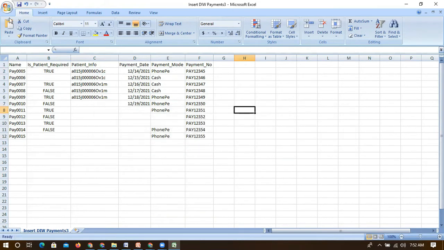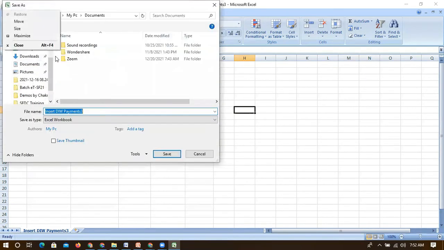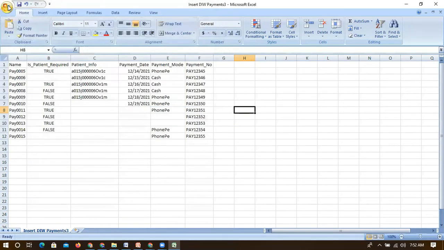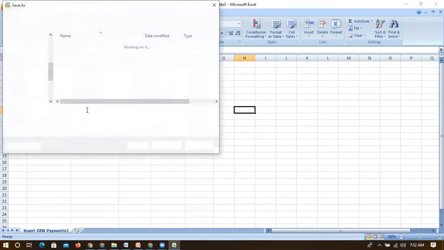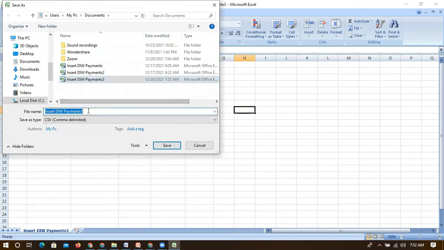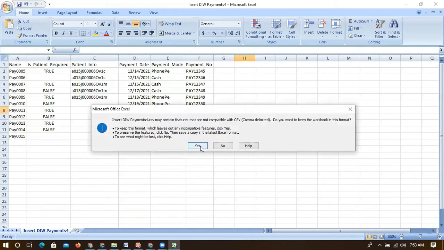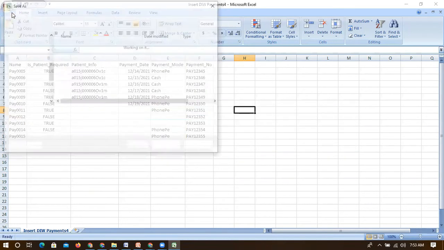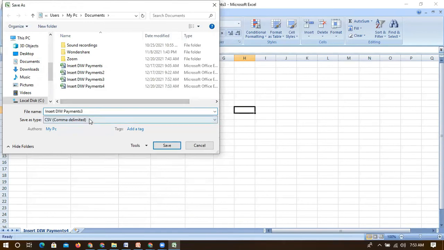Better to save it in CSV format. Click on save as.